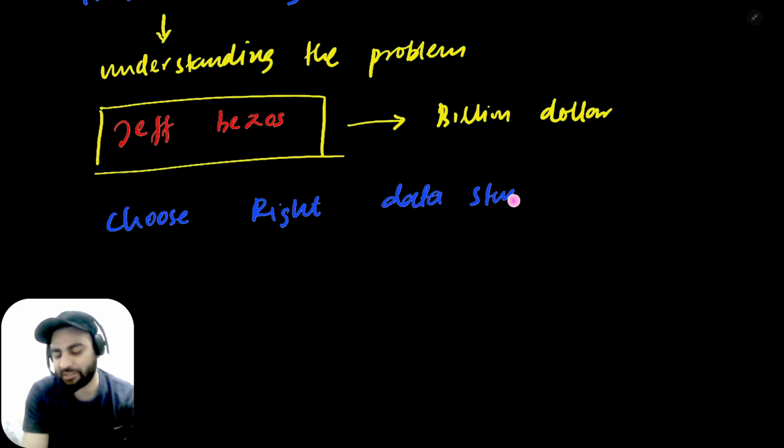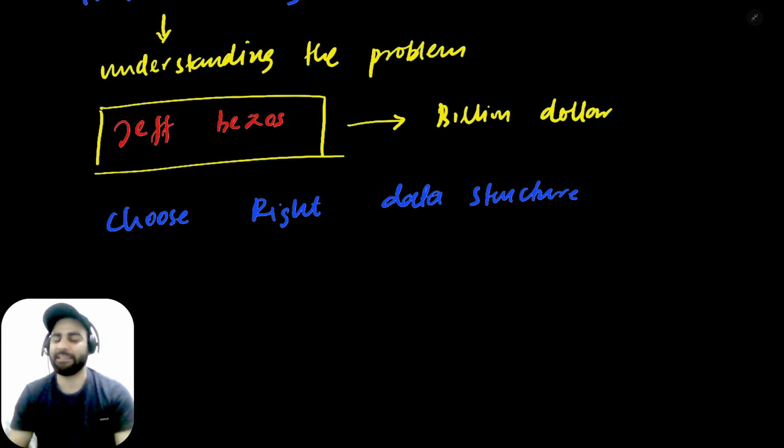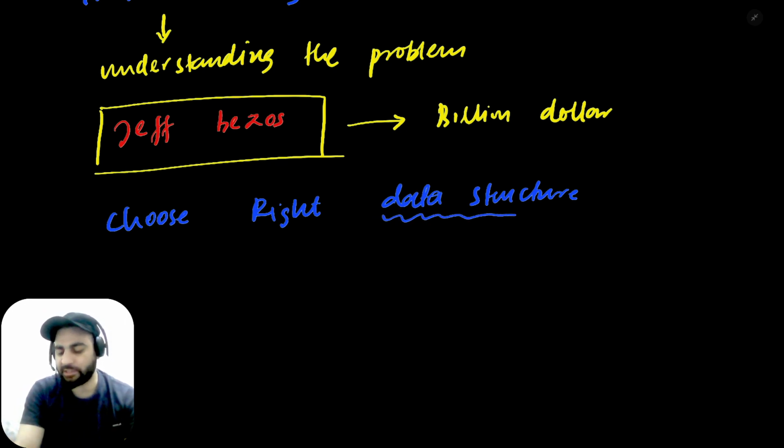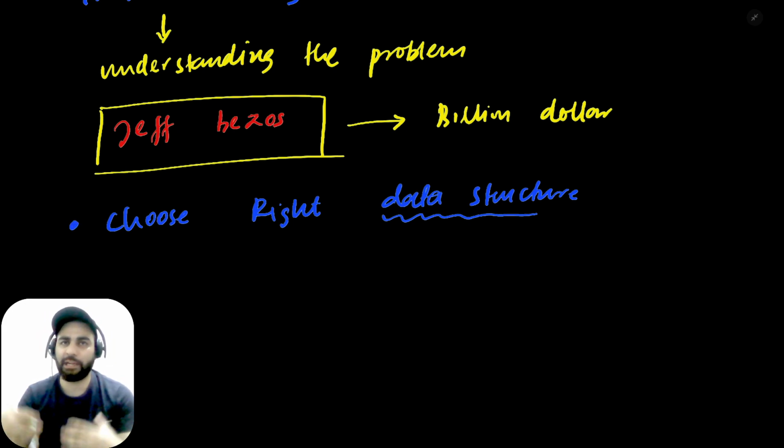So what is a data structure? We'll have a detailed discussion on these things. There are structures where we keep the data, where we access the data, and stuff like that. A data structure stores and organizes data in a specific way, and we have to select the right data structure so that when we retrieve the data, or when we do some operation or manipulation of the data, it is stored in the right data structure so that our algorithm becomes easy.